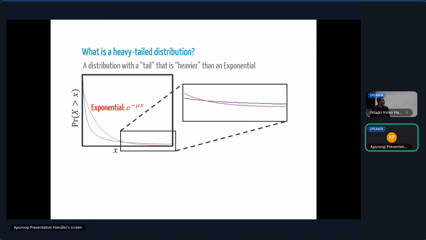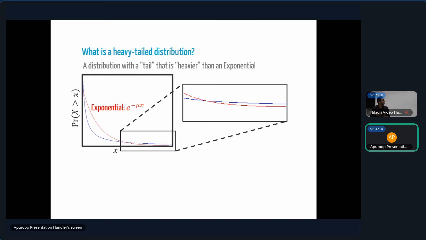Yeah, one final remark I'll make is that even though I have said that the random variable X is heavy tailed if such and such condition holds, what we are really saying is that the distribution of X is heavy tailed, right? This is a distribution property, not really a random variable property, but we'll abuse notation and interchangeably say that the distribution is heavy tailed or the random variable is heavy tailed.